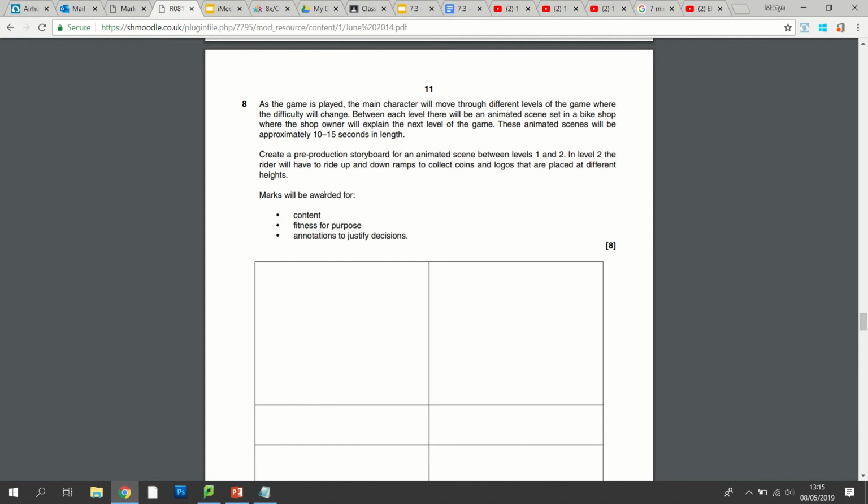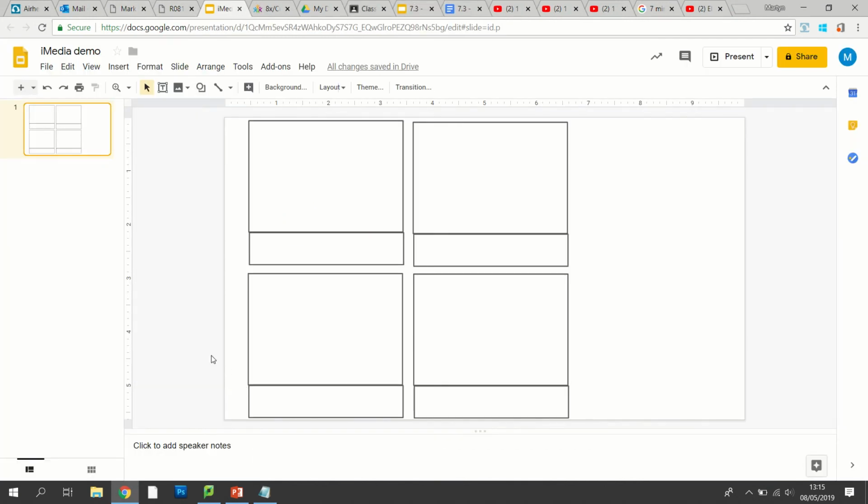Now, immediately, I'm thinking I'm going to put some information in here about timings. We could just crunch some numbers. We could just be like, well, what is 15 divided by 4? Or we could do it the other way and we could just start bunging some numbers in. That gives us an idea of how long something's going to last up to the value of 15.